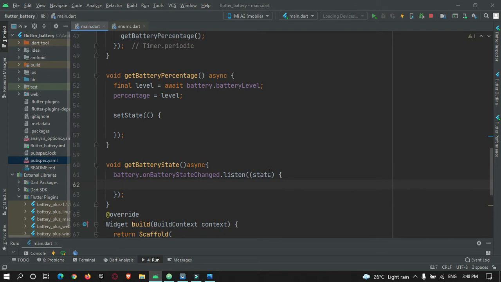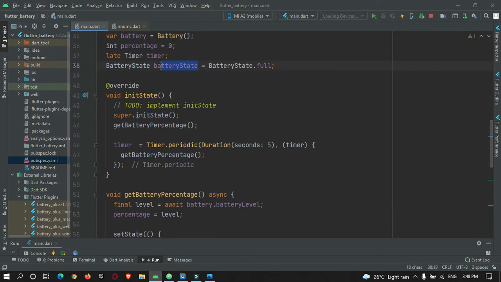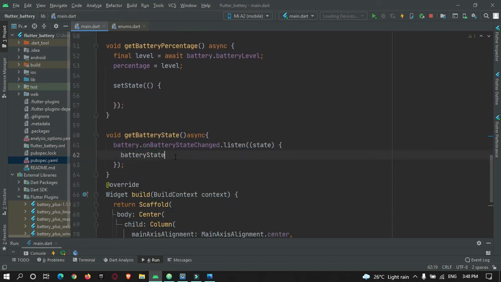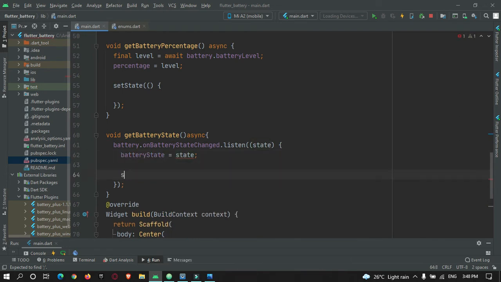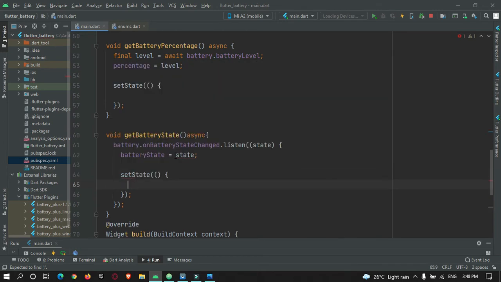So now depending on this state we need to update this battery state. For that, battery state is equal to state, and then just call set state to update the UI.